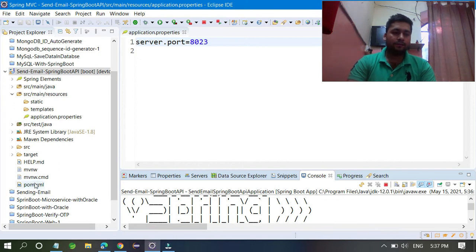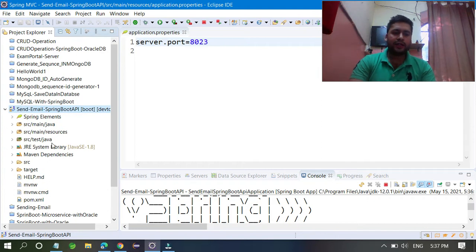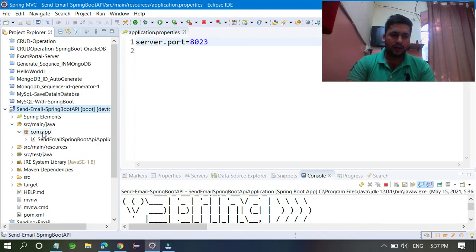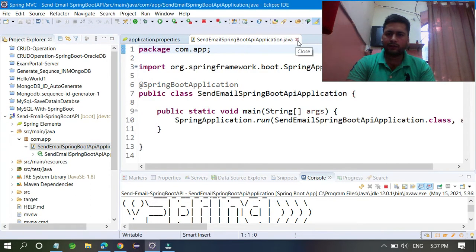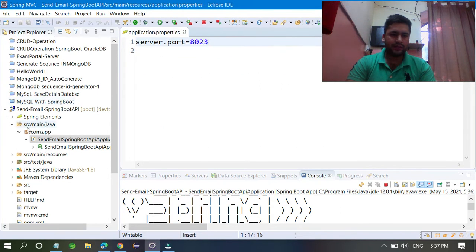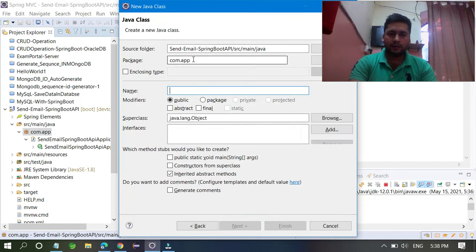Now you have to create one model class. For the main class, Spring Boot has already given one, so you don't worry about it, it's not required, it's just for formality. Just click on the com package, and here create one class, and you are going to put this class in the model package. Just create one temp email, yeah, you can write Email. Email is a class.